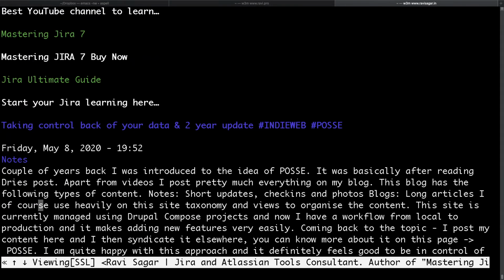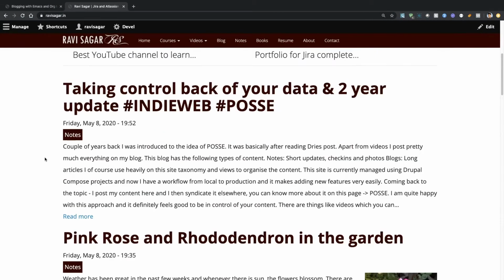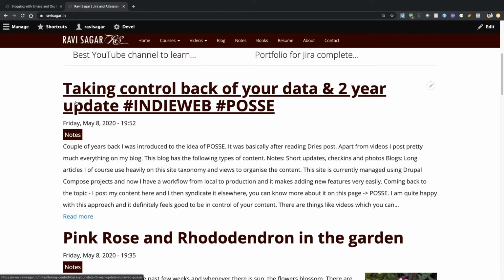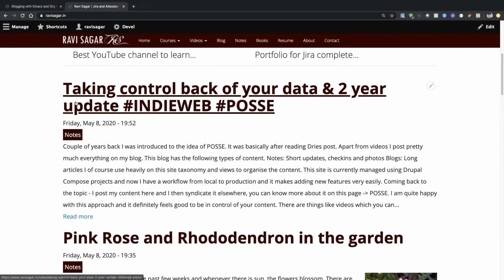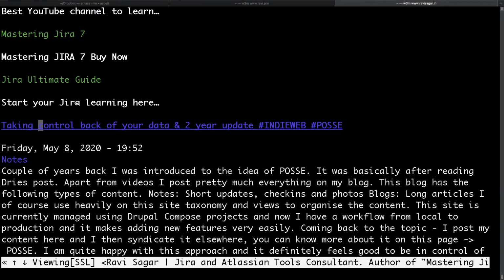And if I go back and show you the first blog post, which is taking notes, taking control back of your data, this looks quite simple and easy. When you're working on a console, you don't have the visual indication of those headers, and the text won't be visually bigger or smaller. But if you build your site using Drupal and you know a bit of accessibility guidelines, you will know how to organize your content, because usually if you are following those guidelines